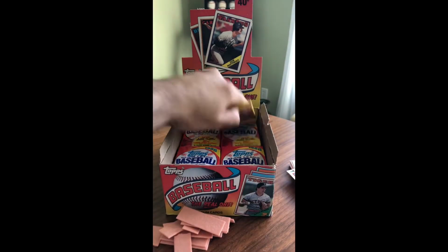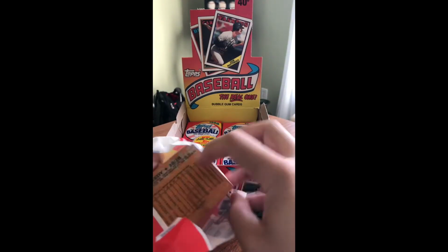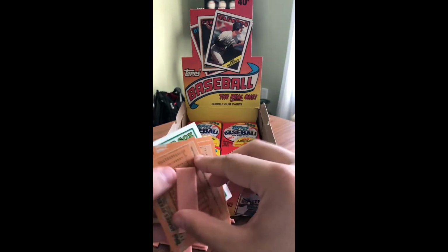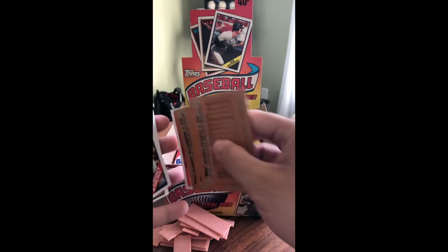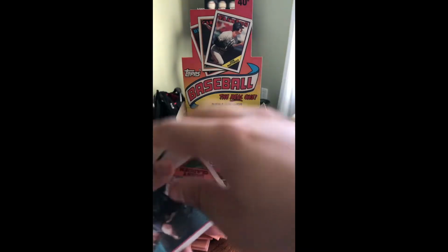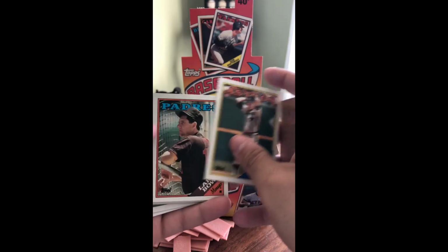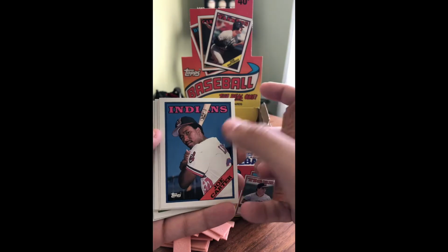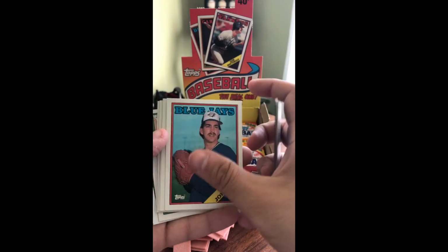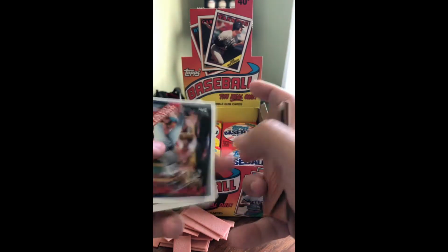Alright, and we're moving on to the next pack. Looks like we're about halfway through our box here of '88 Topps. And as always, the gum sticking there. We got quite a stockpile going on there. As I get these set up, Dan Gladden, Mike Scott, Astros, early Ruben Sierra card there, and also a Joe Carter,